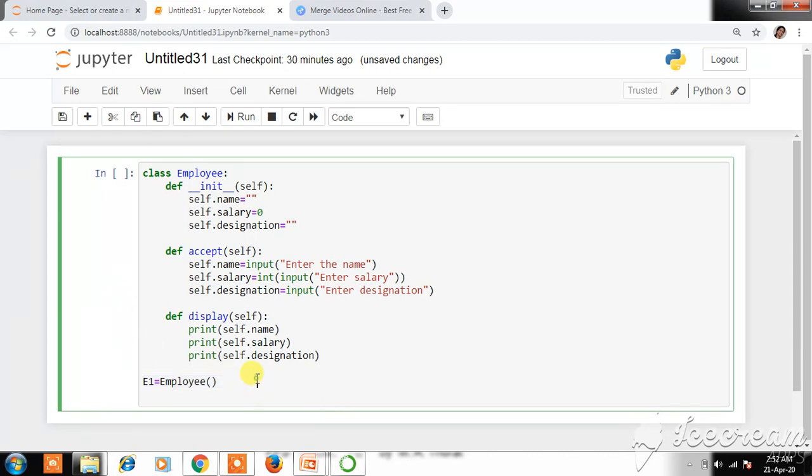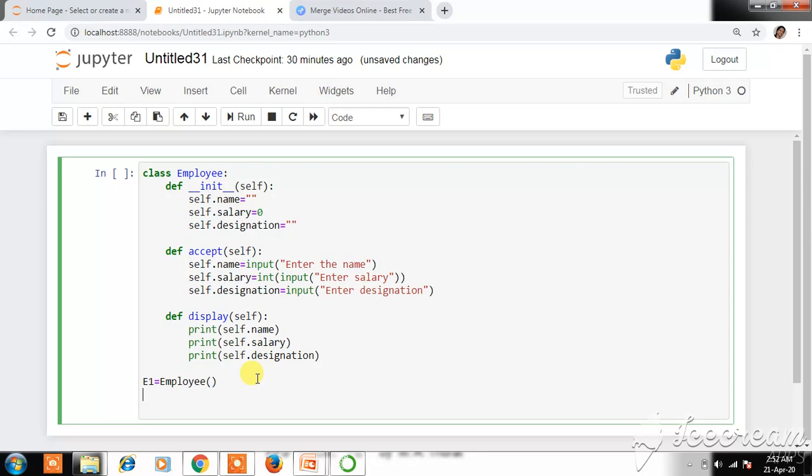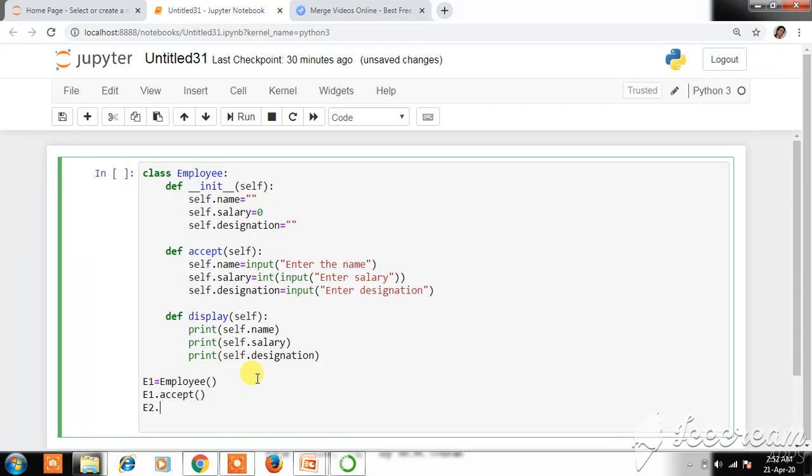Okay, now we have to write the function call for accept. So we'll write e1.accept, and then e1.display.